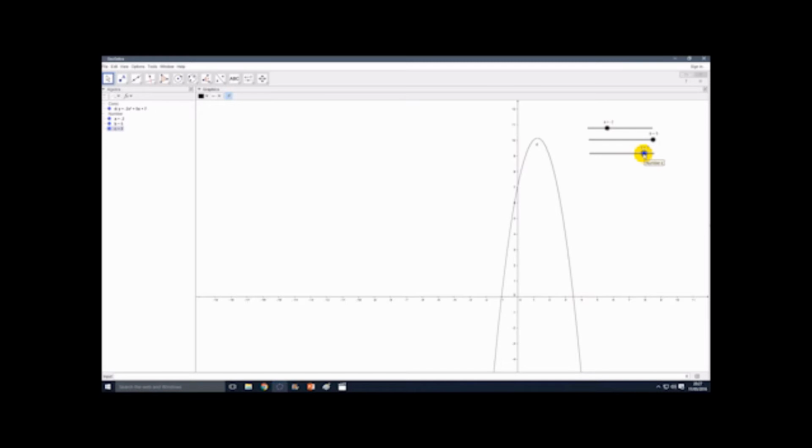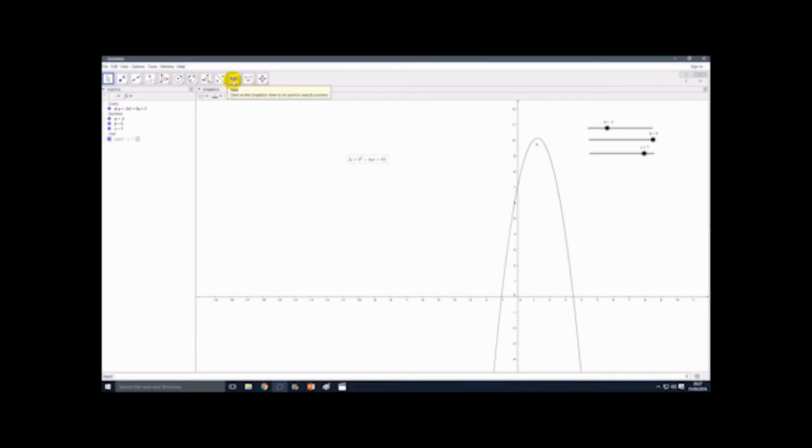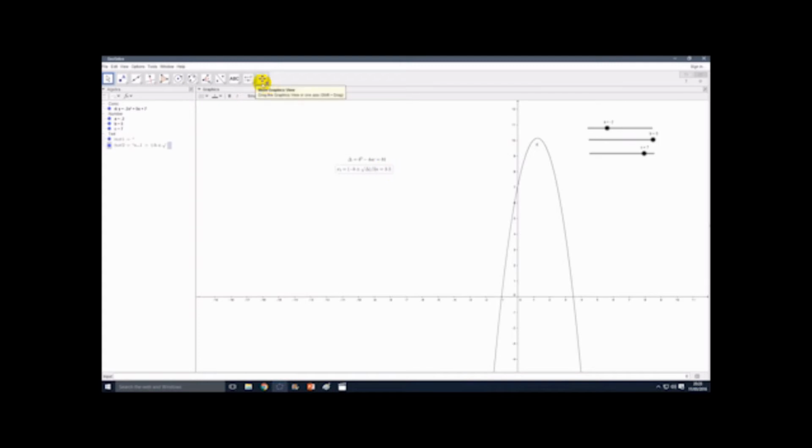Let's solve it. First of all, we have to find the intersection of the parabola with the x-axis, so we put y equals 0. In this way, we solve the function in the usual way and we find the two intersections. Then we have to find the intersection with the y-axis, so we put x equals 0 and we find